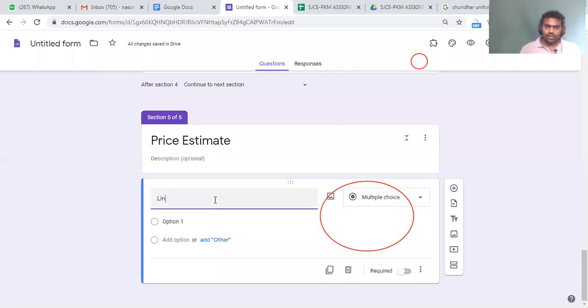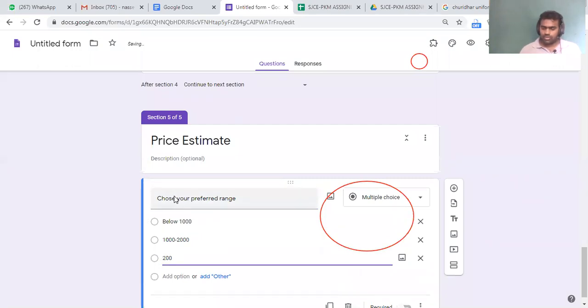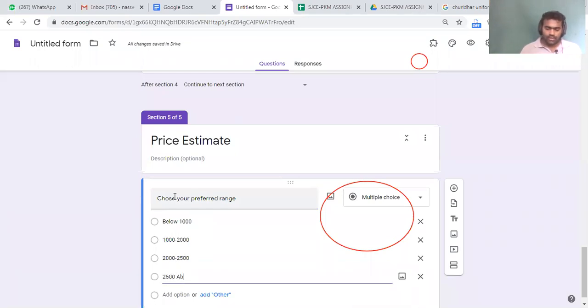No, sorry, this is price estimate: below 1000, 1000 to 2000, then 2000 to 2500 and 2500 above per set.